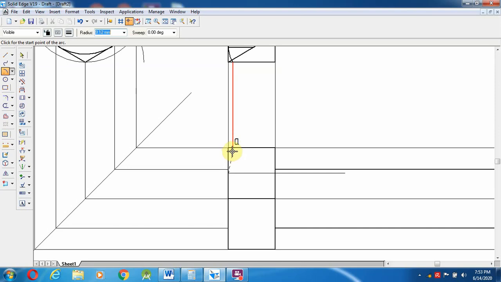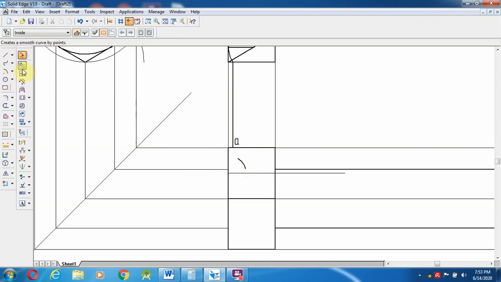So that is more than half. From here I am going to take 9.12, it's not an issue. So 7.27, so it's coming over here. So I am going to make an arc over here. 7.27 is more than half for this line.